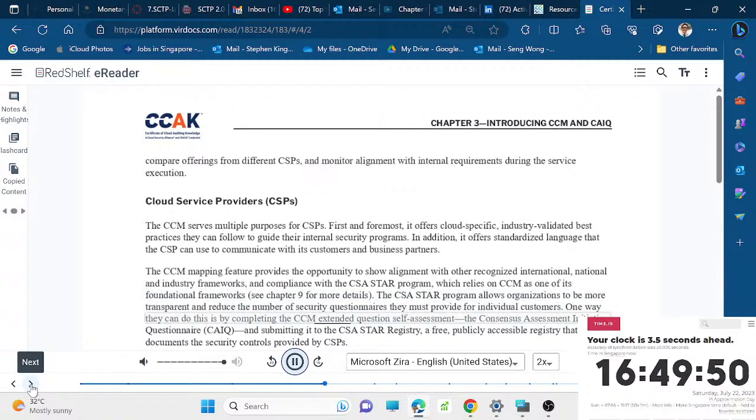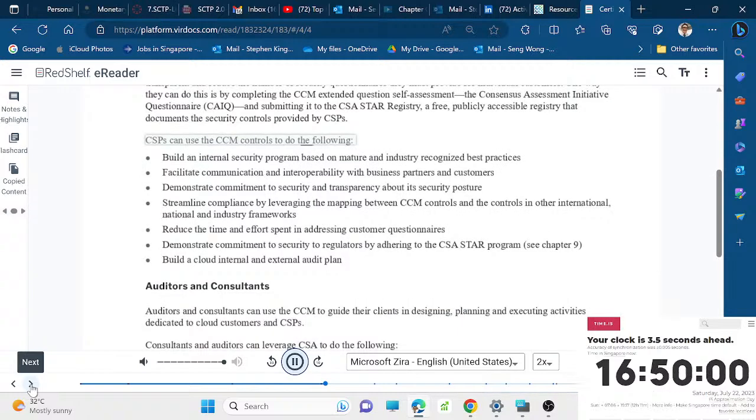One way they can do this is by completing the CCM Extended Question Self-Assessment, the Consensus Assessment Initiative Questionnaire, CAIQ, and submitting it to the CSA STAR Registry, a free, publicly accessible registry that documents the security controls provided by CSPs. CSPs can use the CCM controls to do the following: build an internal security program based on mature and industry-recognized best practices, facilitate communication and interoperability with business partners and customers, demonstrate commitment to security and transparency about its